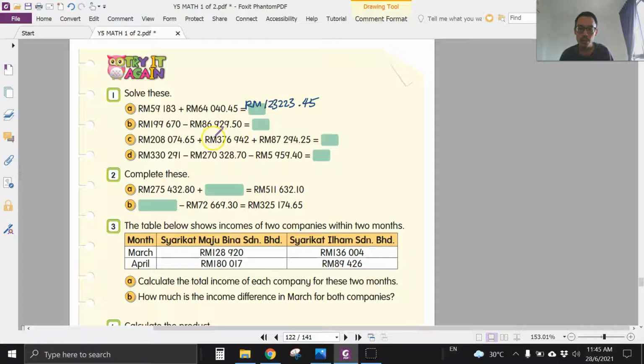Okay, for question B, you have to minus. You should get, remember to write your RM, 112,740 ringgit and 50 cents. Okay, for C, I'll just show you C, 208,074 ringgit and 65 cents